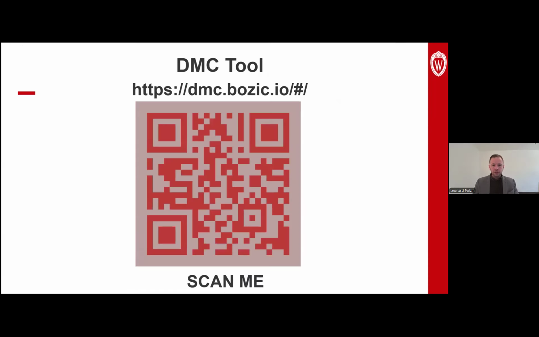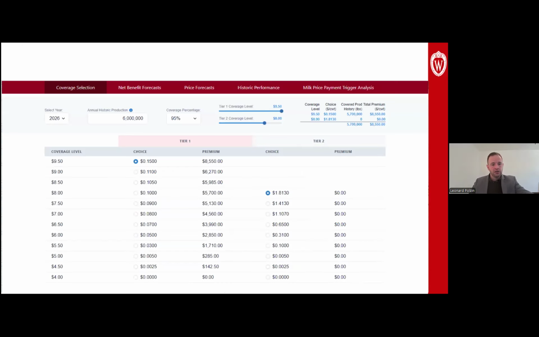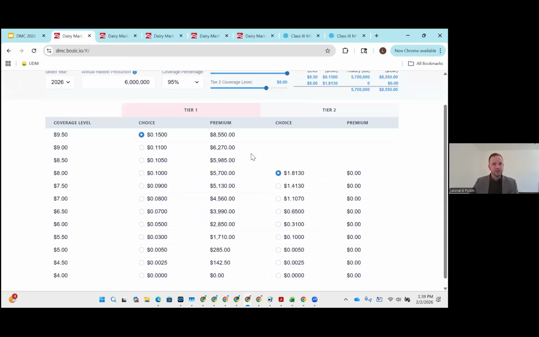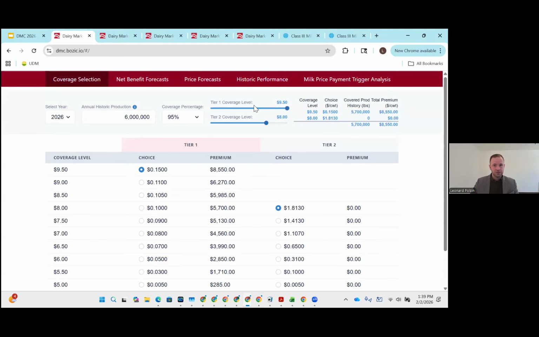Right now, I want all of us to take out our phones again and scan this code, and go to that DMC tool, because we're going to walk through that together here. So that way, you can see where some of this information has come from, and do some of the math for your own operation. So if there's trouble seeing my screen right now, feel free to put it in the Q&A. But just a big rundown of the tool. Again, that website,